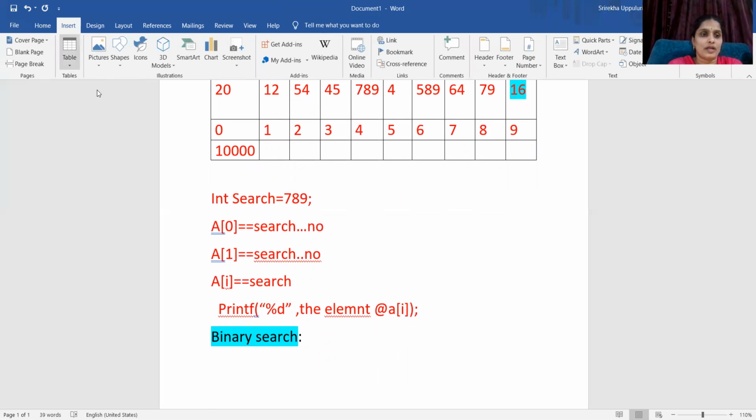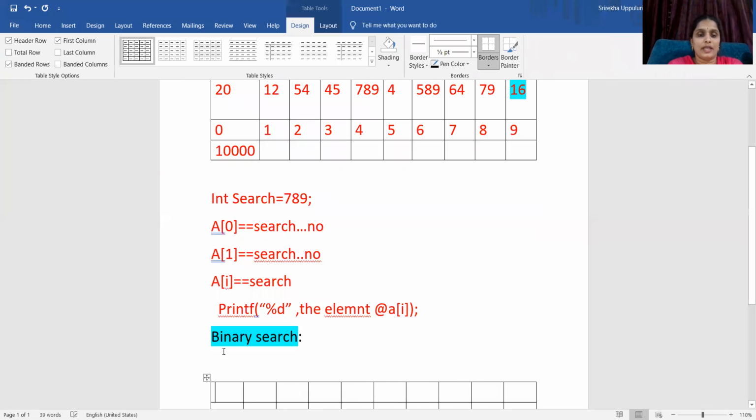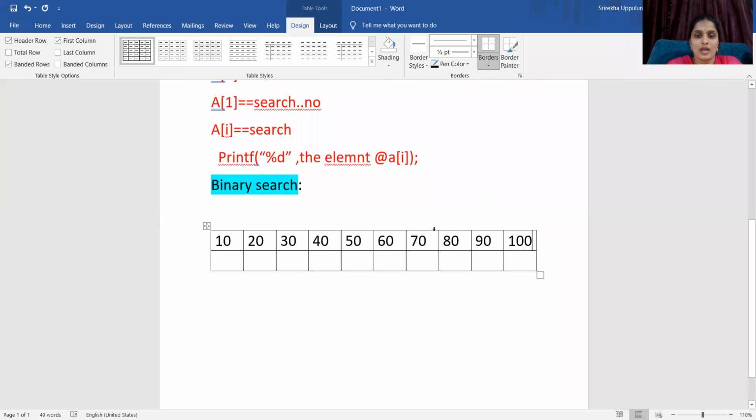I'll just take another table. Okay, so here in the binary search, let me take the elements 10, 20, 30, 40, 50, 60, 70, 80, 90, and 100 I will take. Okay, so in the binary search, I am taking these elements. Now,